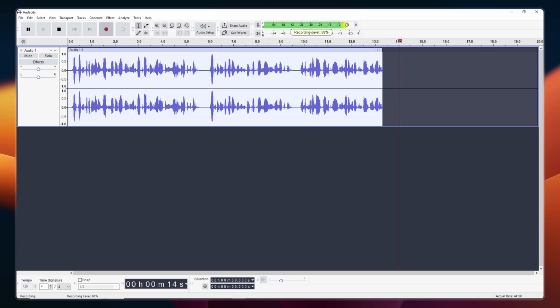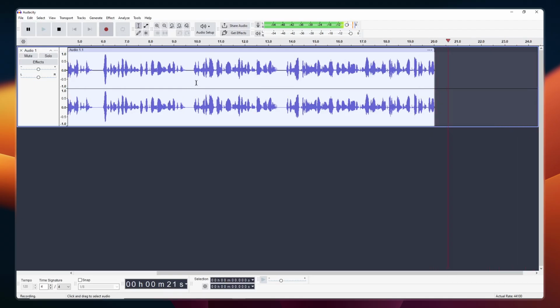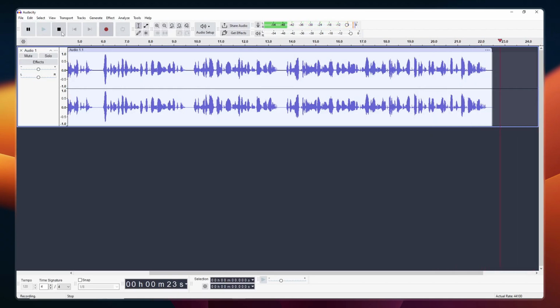If you see activity in the meters and a waveform being generated, congratulations, your recording device is now properly configured and ready to capture high-quality audio. And that's it! You've successfully changed your recording device in Audacity and can now start recording with your preferred microphone or